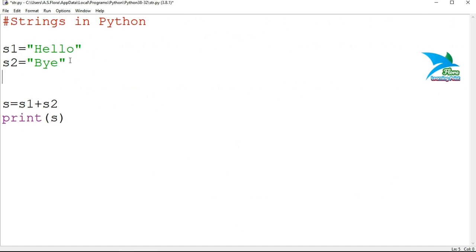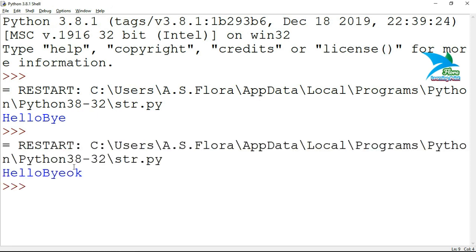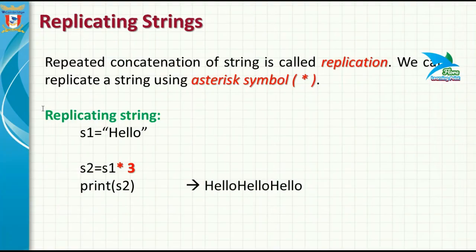And by using this plus operator, you can concatenate multiple strings also. So you can also write s1, s2, s3, and then the result is here. In this way, you can concatenate multiple strings by using the plus operator.